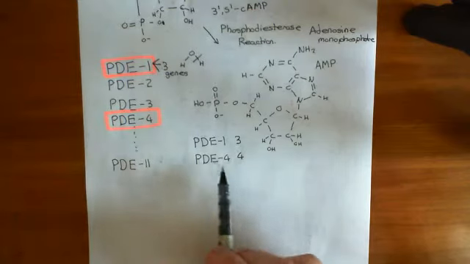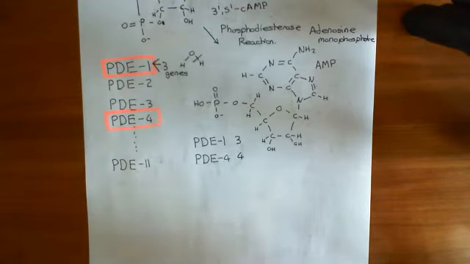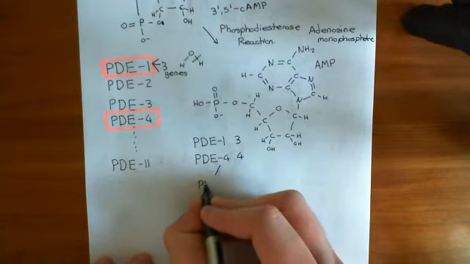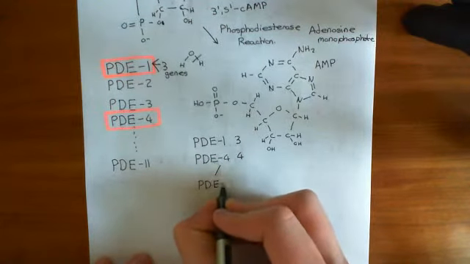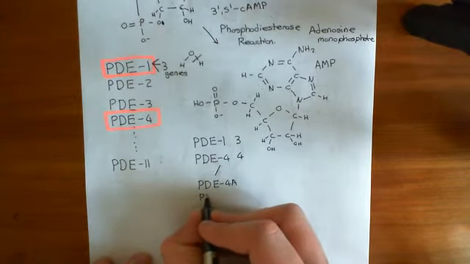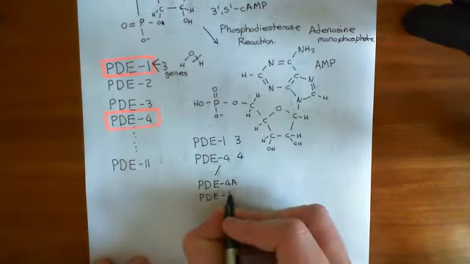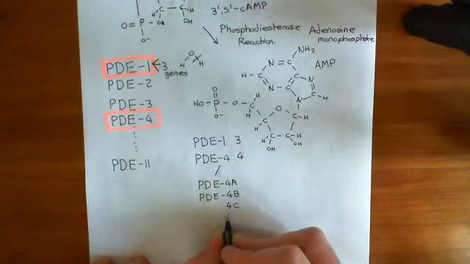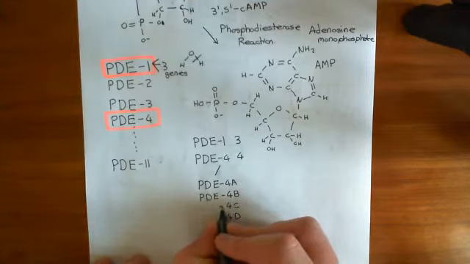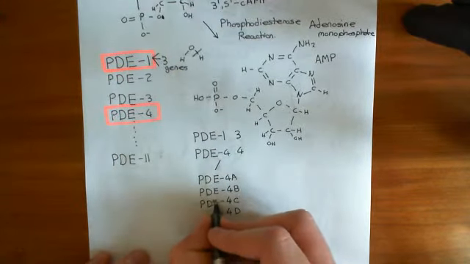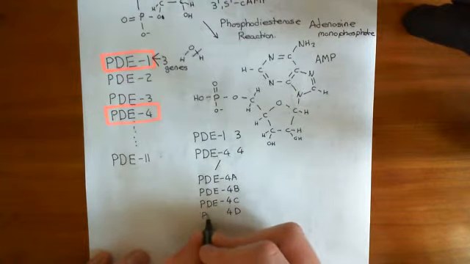So there are 4 different phosphodiesterase 4 enzymes, denoted phosphodiesterase 4A, then phosphodiesterase 4B, then 4C and 4D as well. Those are encoded for by different genes, and they will have slightly different amino acid